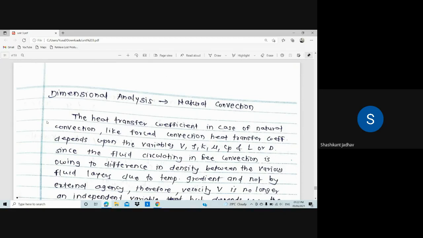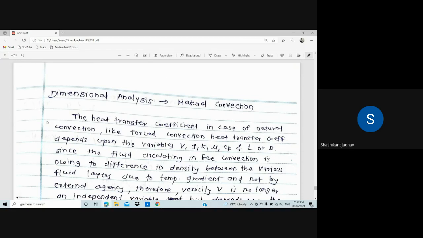D is nothing but diameter. Okay. So in the natural convection, the heat transfer coefficient depends on which variables? Those variables are given. Right. Then, since the fluid circulating in free convection,